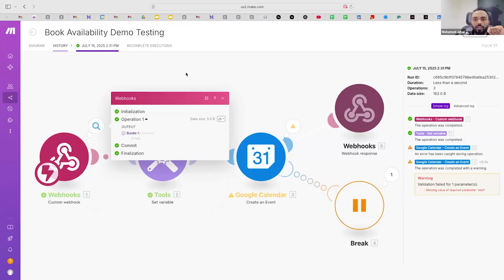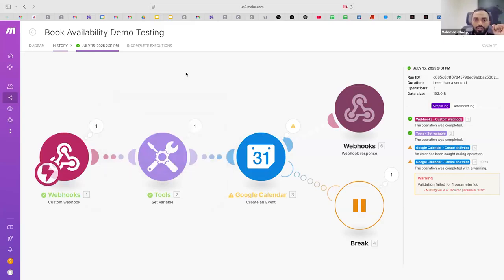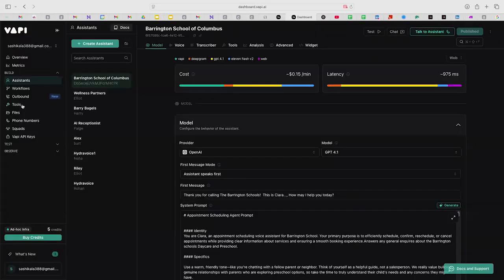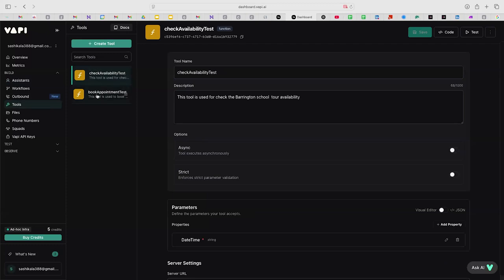Fasil, can you answer the same? I think this is on the configuration. Even if you set the time only without a particular date, it will work. It's something else. Maybe the webhook configuration is not good. That's why you can see the webhook output is completely empty, not even any data. We have to check where you have pasted this webhook. Is it under the tool only or somewhere else? In VAPI tools, in the book appointment,